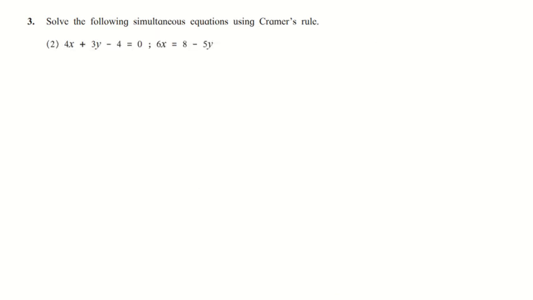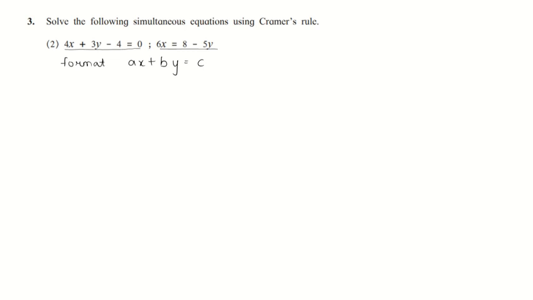Second question to solve using Cramer's rule. Writing the equation in the form of ax plus by is equal to c. Whenever we need to solve the equation using Cramer's rule, make sure the standard format of the equation is in the format. That is, the correct format will be ax plus by is equal to c. If you see the given equation, it is not in the correct format. So let's make that in the correct format now.